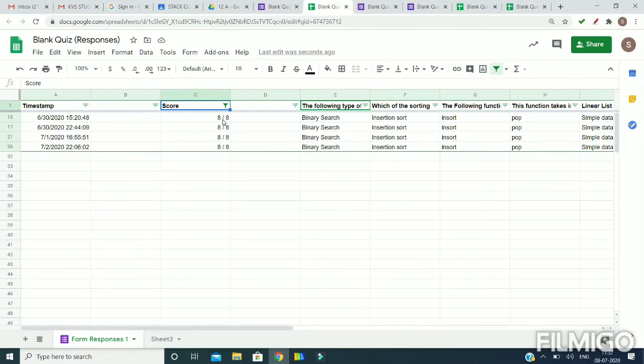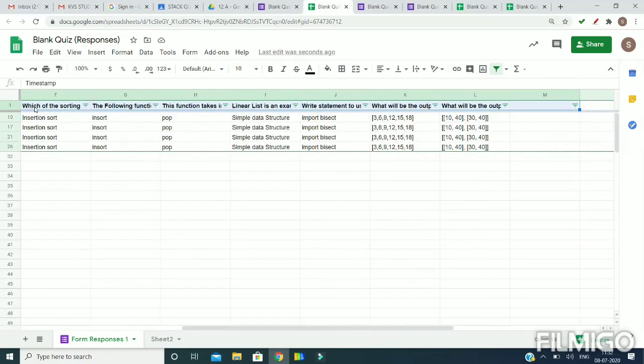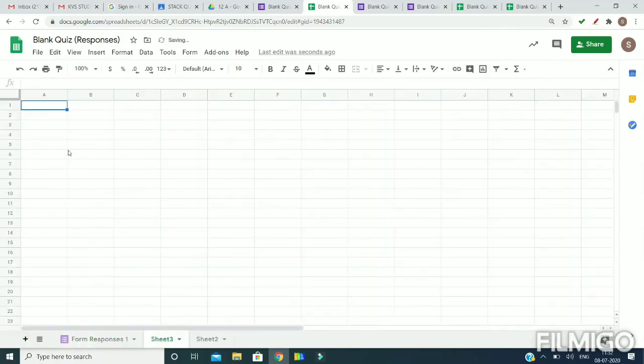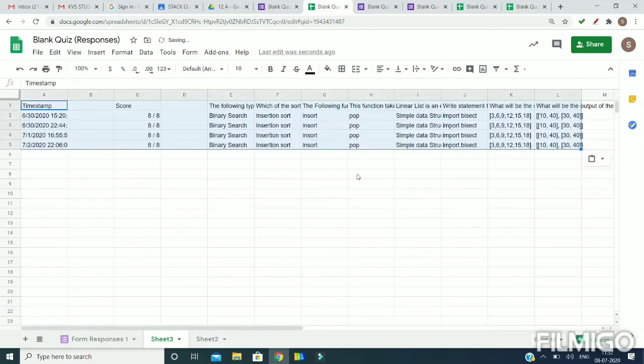If I want to make this data into a separate spreadsheet, then what I need to do, I will select the data by pressing Ctrl A. I will select the data, press Ctrl C to copy it, click on the add sheet option and press Ctrl V, and the data will be pasted on the other sheet.